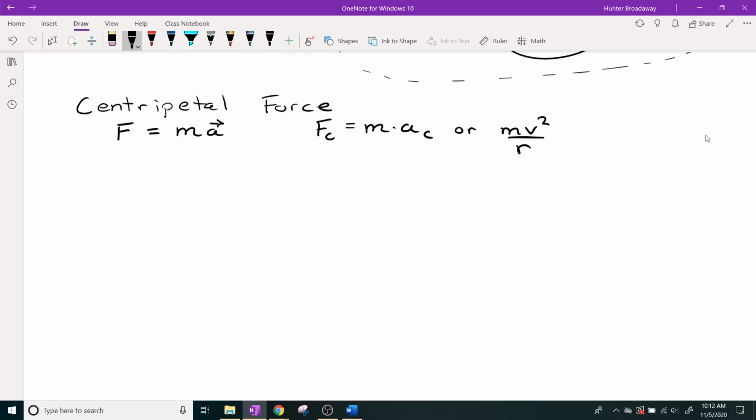If we're talking about free body diagrams, and we were doing the same thing that we did yesterday in the lab, where you took an object and flung it around your head, and we were to try to make a free body diagram of that object flying around in a circle, what would that free body diagram look like? What forces would we have acting on that object? Okay, so we would have,